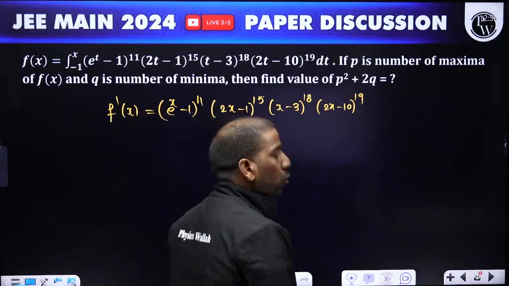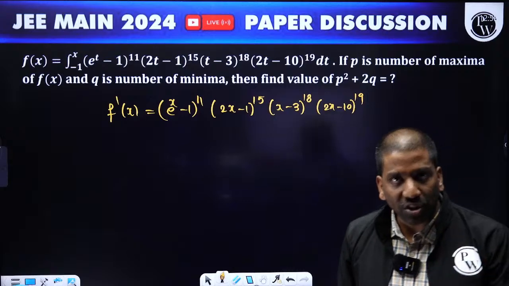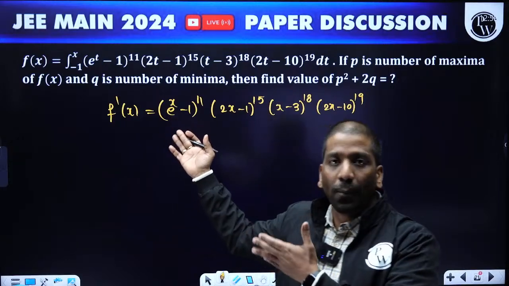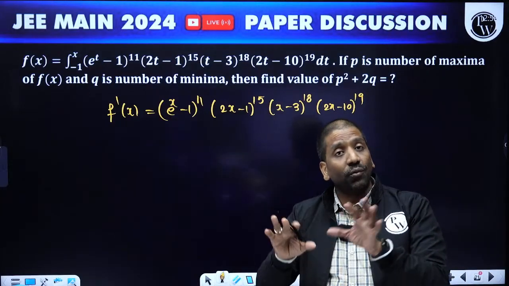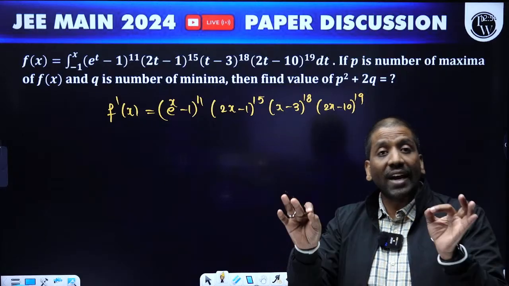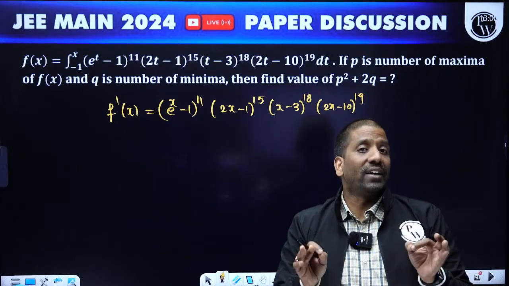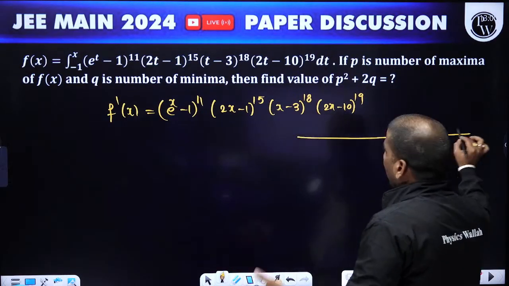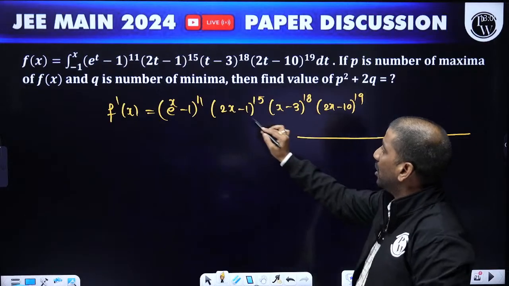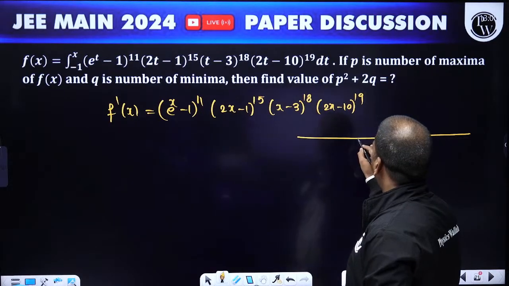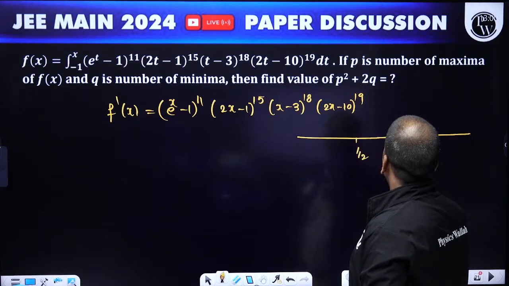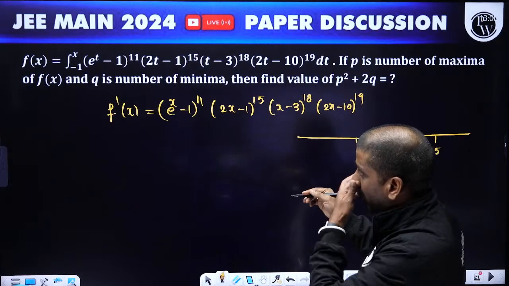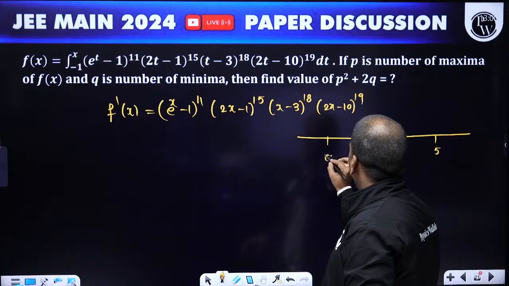So when it is a derivative, how do you find maxima and minima? Using the first derivative test or second derivative test. But in this case, the second derivative test will be more complicated. So I'm proceeding with the first derivative test itself. If you can find sign changes, you can decide local maxima and local minima. So that's the reason I'm taking sign changes. Now first we get the critical points. Critical points: this is 1 by 2, and here 3, and here 5, and one more critical point, e power x is equal to 1, x is equal to 0. So these are the 4 critical points.